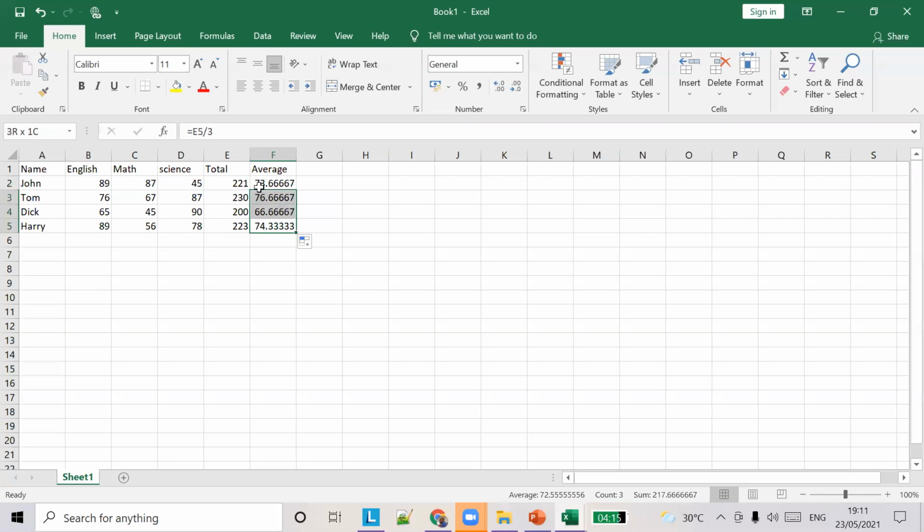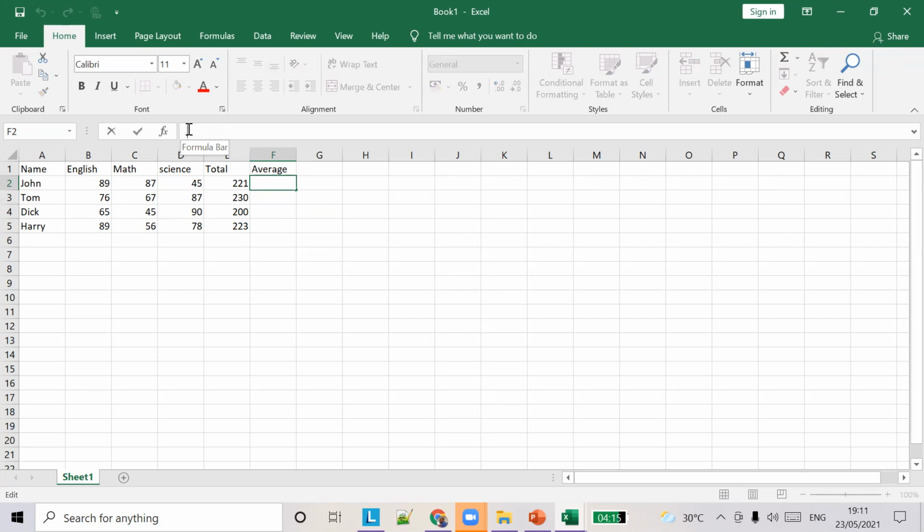Maybe I'll do it from the first initially. I'll delete all these things. What we're trying to find is the average of each student, and we have to display it in this particular cell F2. Go to the cell and type equal to, that's how a formula starts.